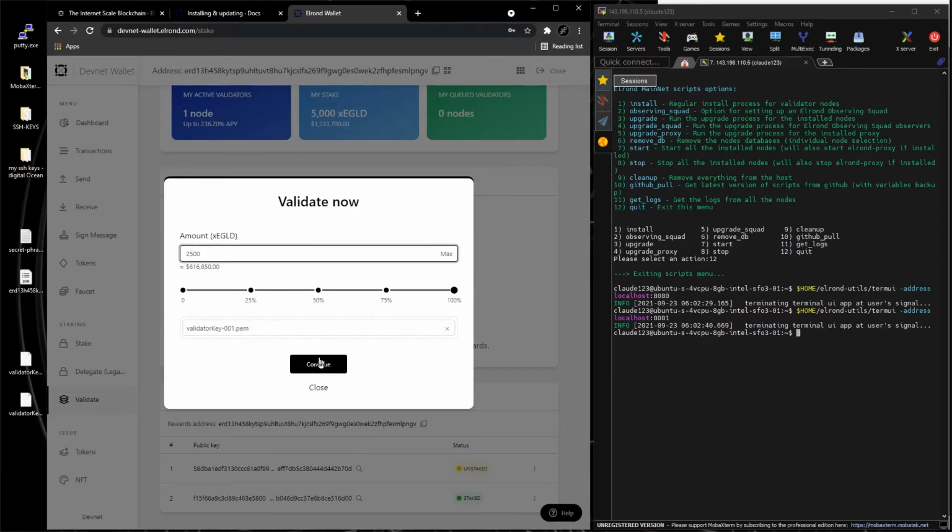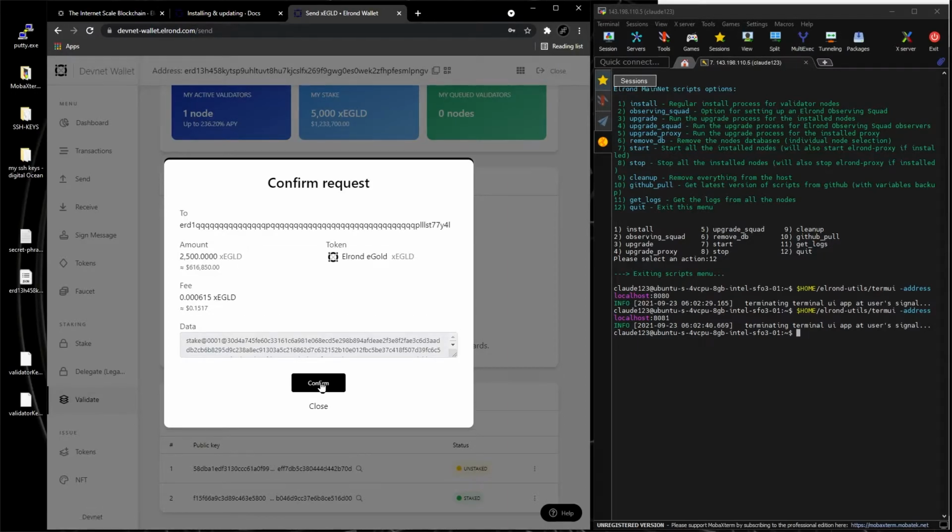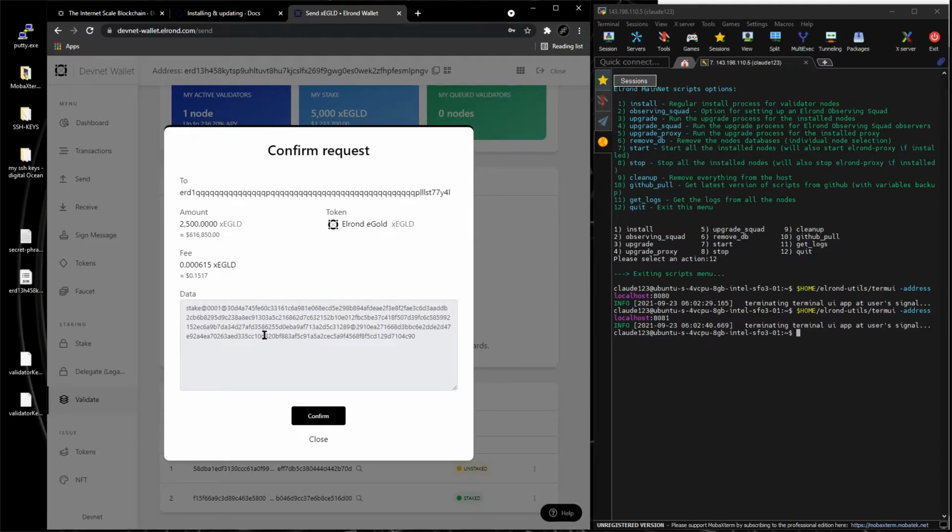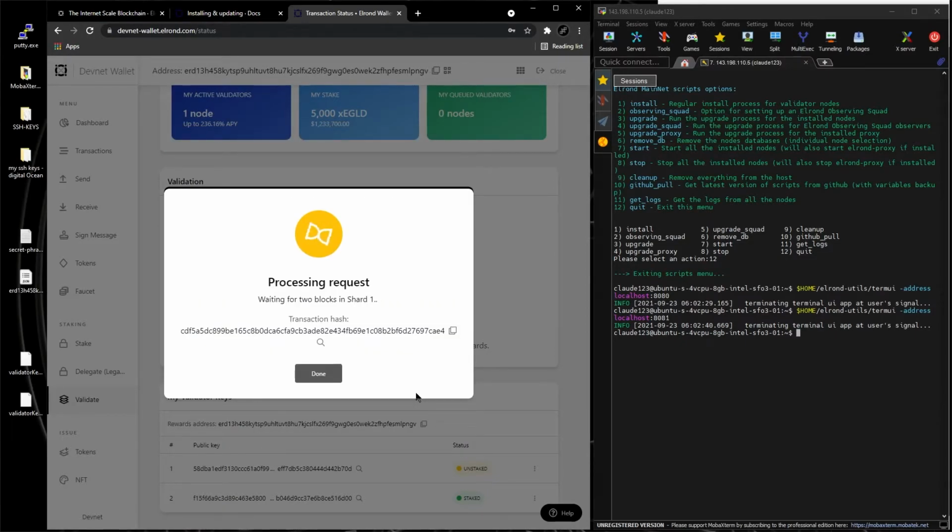Second node, drop it. Continue. Stake to the second node, right? The second one is 31D4A, and it ends in the do thing. No, it's to the 31289, right? Okay, and now we're gonna confirm. It's gonna start the process. So with these two actions, we connected the money to the node. We staked our XE gold to the node. That means they are locked in the node, and the node becomes active,